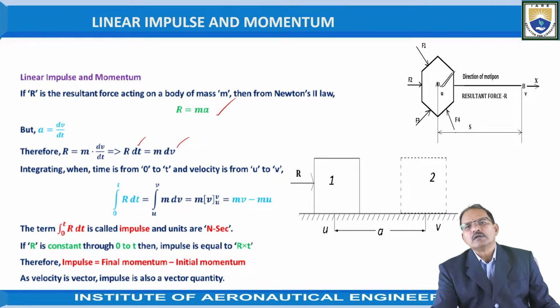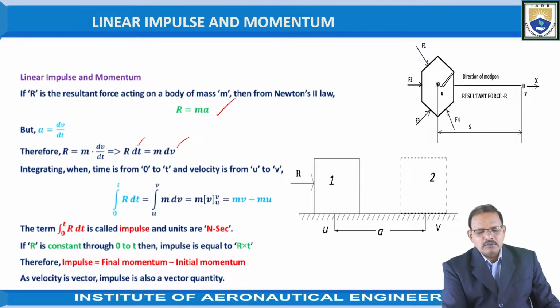We have already assumed the time is t seconds, and the distance travelled is s in meters. Hence, the change in momentum of the body, from initial to final velocity, is given by the difference of final momentum and initial momentum, mv minus mu,